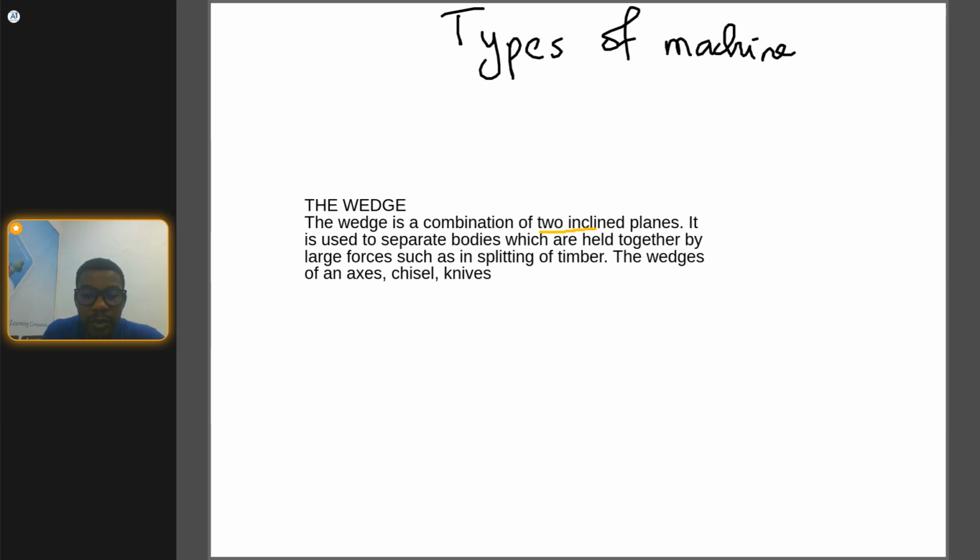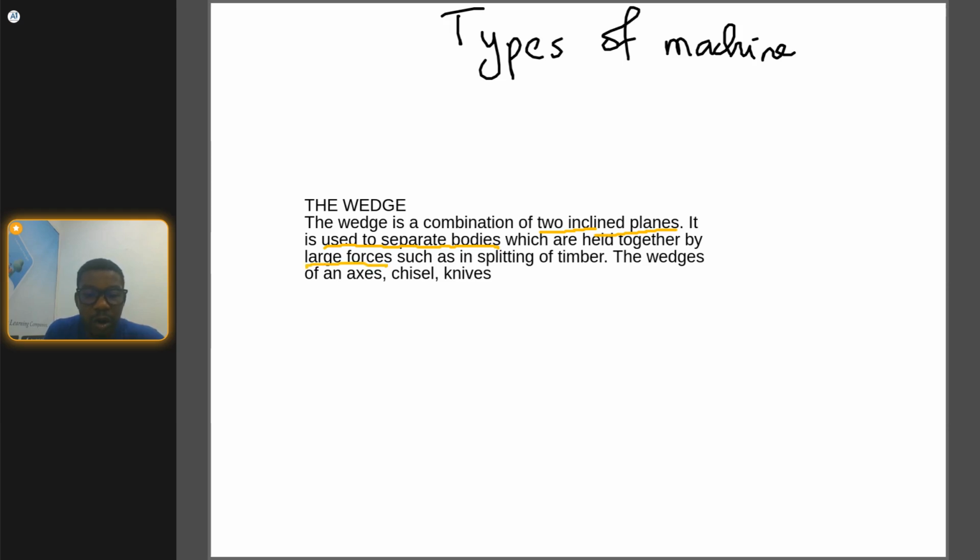The combination of two inclined planes is called the wedge. It is used to separate bodies which are held together by a large force,